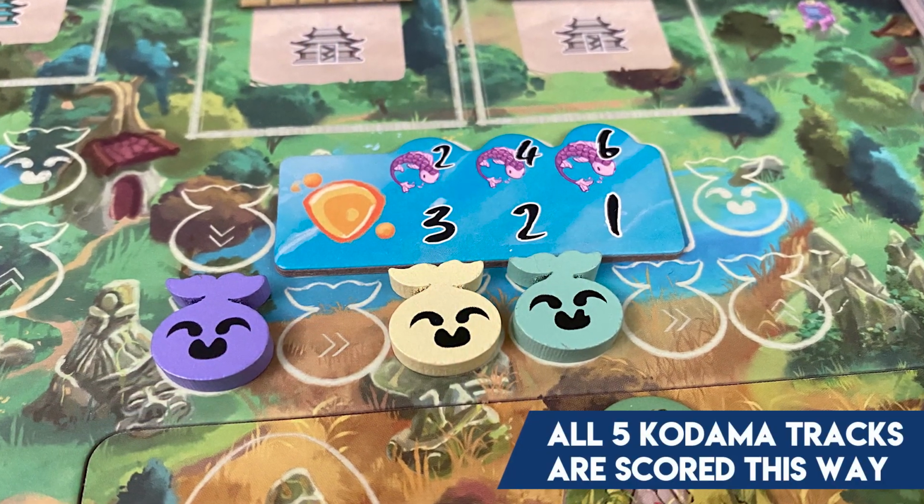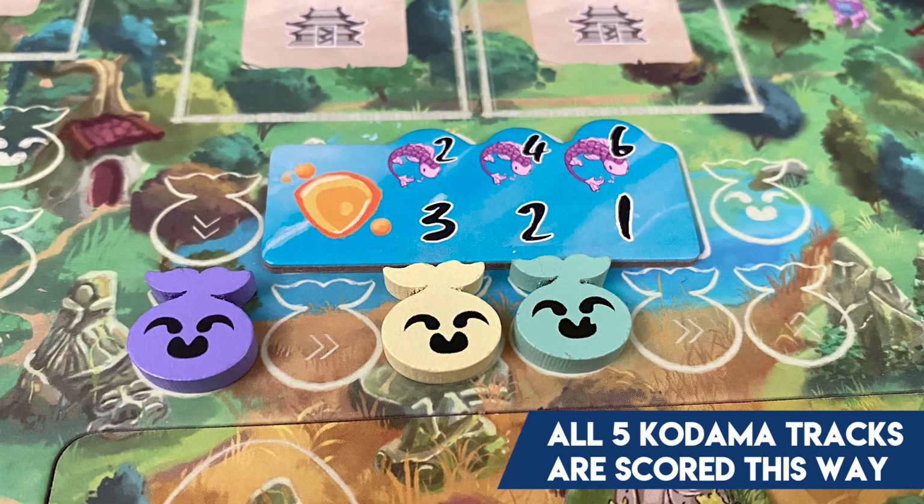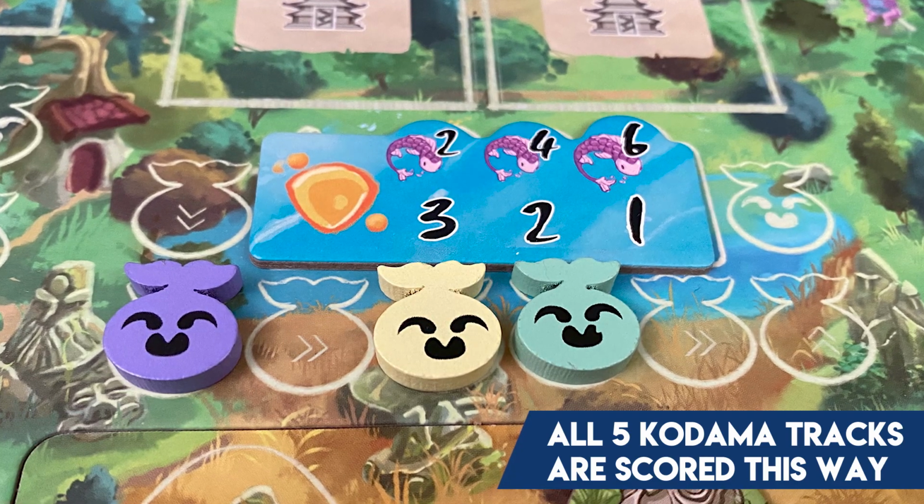So you're going to look at all the tracks, and first player is going to get some points, second player is going to get fewer, and in some cases, third player is going to get some, in some cases, they won't. The next thing you're going to score is those rocks I talked about,